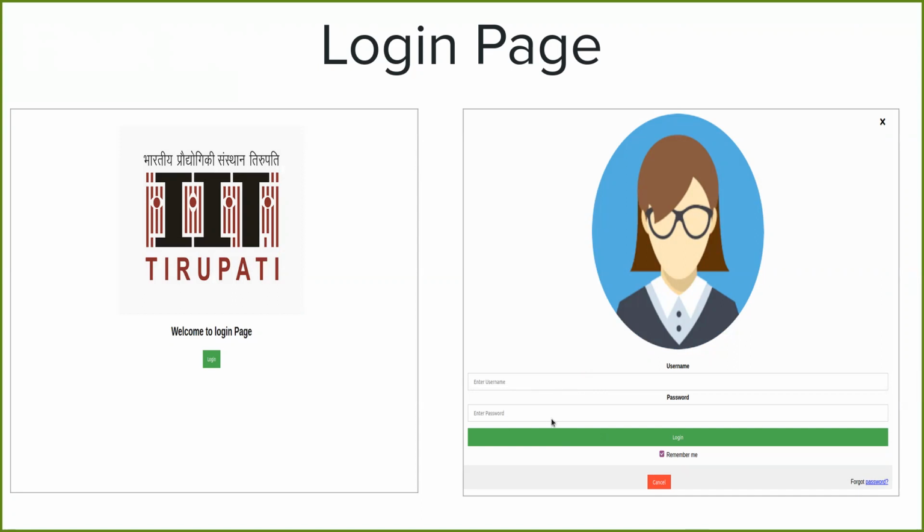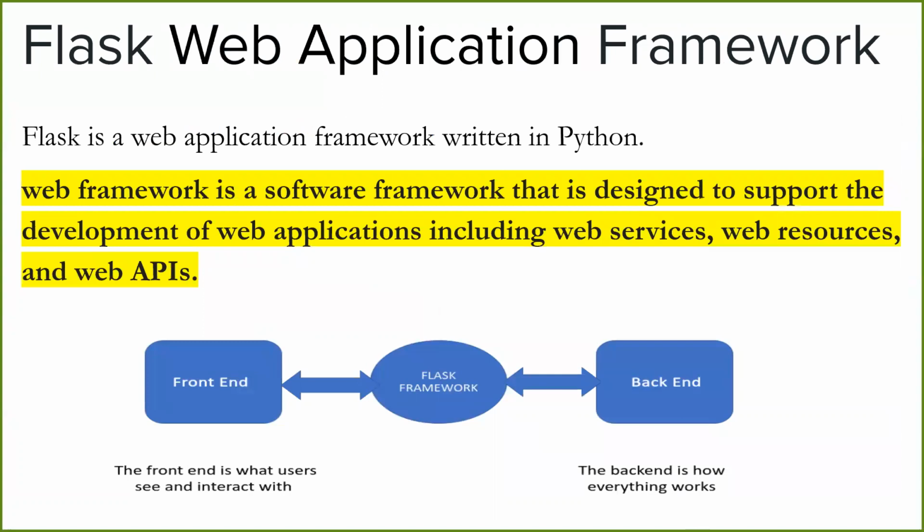They will say that your password or username is incorrect. So how is this processed? It is processed in the backend. Whenever we submit, the data is taken into the backend and checked against your database to see whether it is correct or not. If it is not correct, then it will say incorrect. If it is correct, then it will say correct, and you are able to log in. So I am using the Flask framework for that. Flask framework is written in Python.